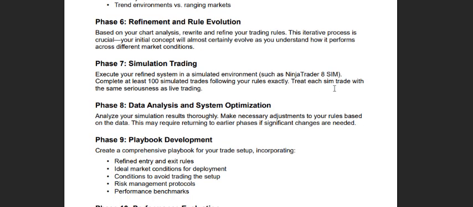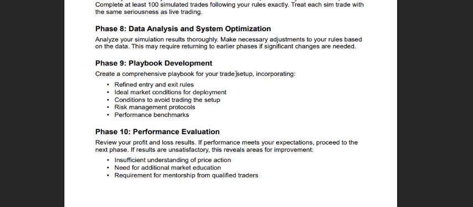Now, I treat each one of these opportunities as if it was a live experience. And then I analyze the data again. This is what I do with my coaching clients. We analyze the data again. Now you can see we haven't even traded a live account yet. We're not even trading evaluations with prop firms yet. This is what goes into finding out if your setup has edge and to create a playbook that you can